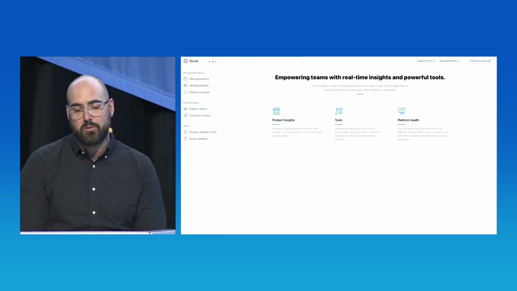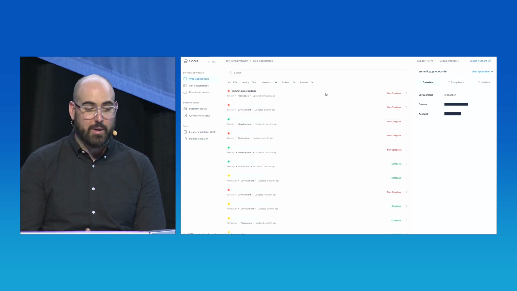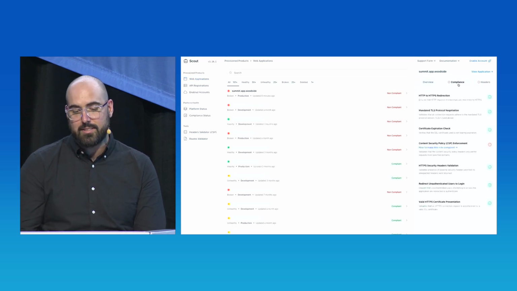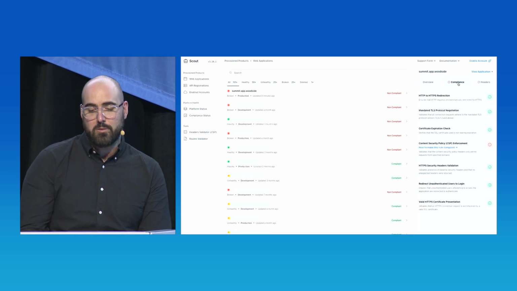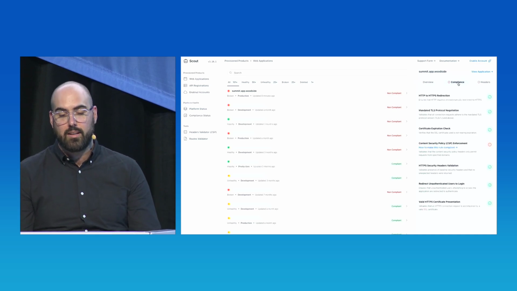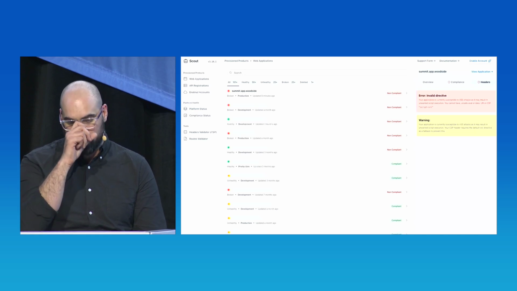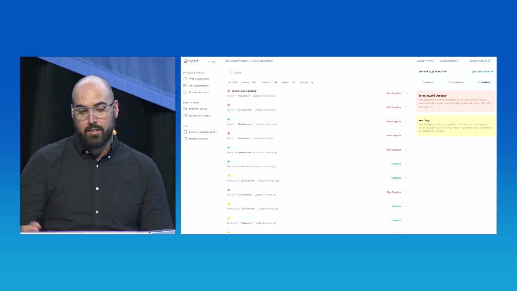However, it's crucial to review the compliance status and see if we've passed all of our tests. As we head over to our discovery portal, we can easily locate our application. Our compliance system has found an issue with the content security policy. CSPs provide an additional security layer to help detect and mitigate certain types of attacks, such as cross-site scripting. In our current state, our CSP allows any inline JavaScript to run.